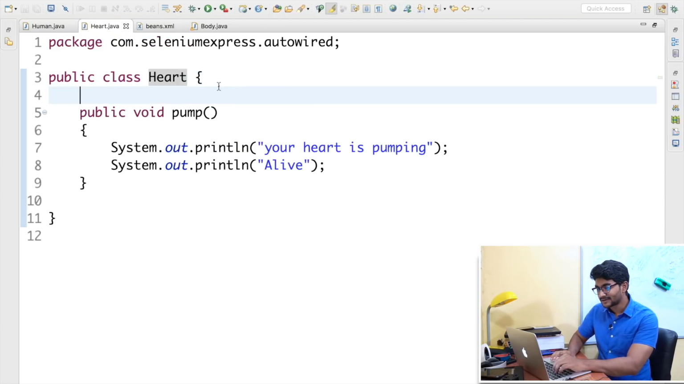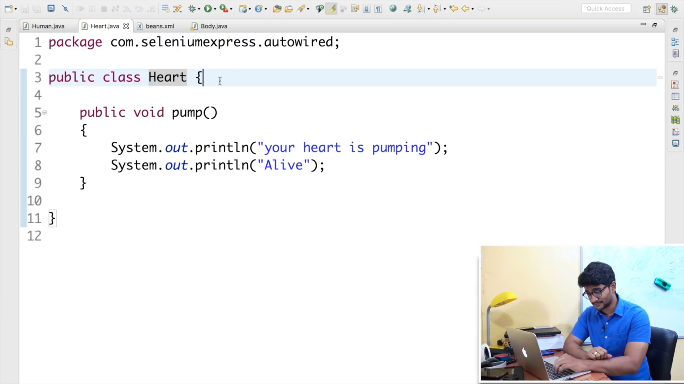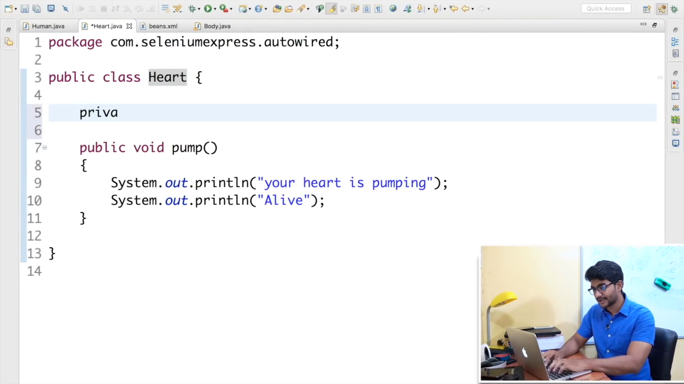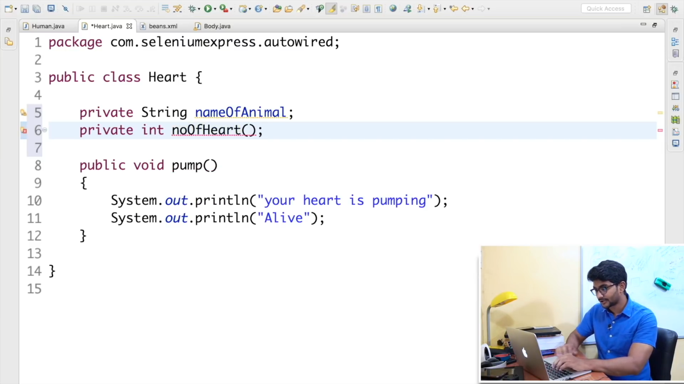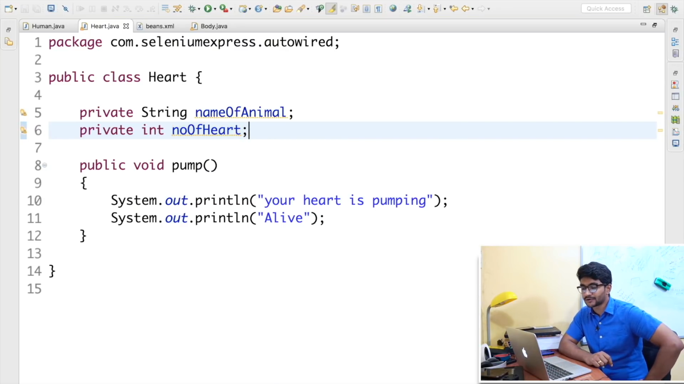I'll go to Heart.java. In the heart class, let's add a few properties. Okay, let's have some fun here. I'm going to create a String called nameOfAnimal, and I am going to create another variable, an int, and for this int the variable name I'll give is numberOfHeart. Sorry, these are variables. These are the 2 properties I want to configure